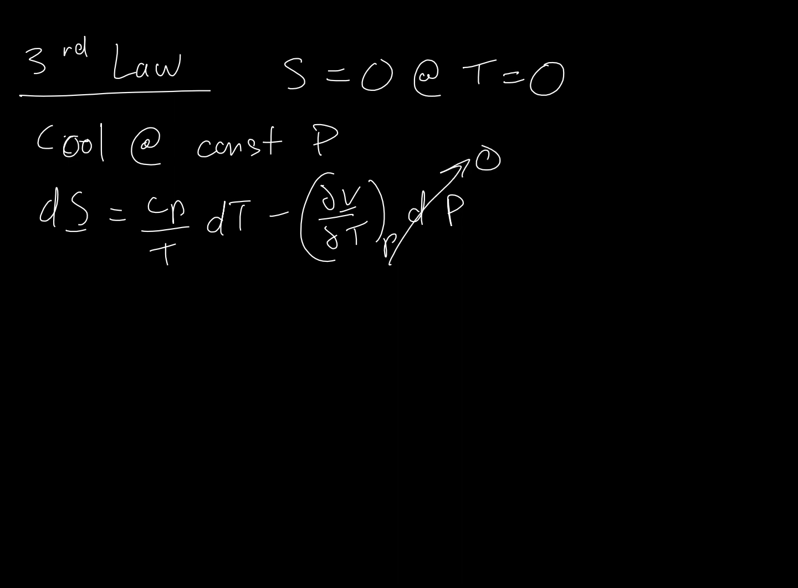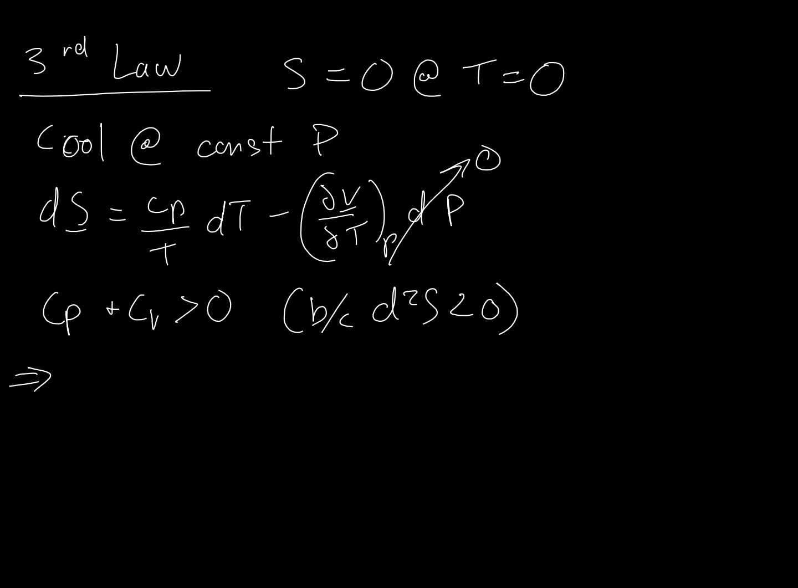Right, this term will go to 0. C sub P and C sub V both have to be greater than 0. And this is because of the stability criteria. So if we take the limit as T goes to 0 of dS/dT at constant P,